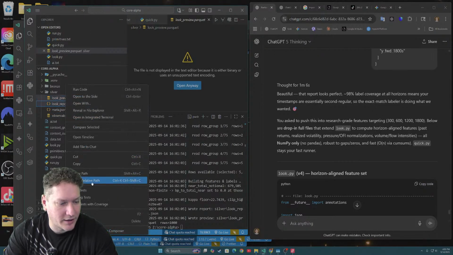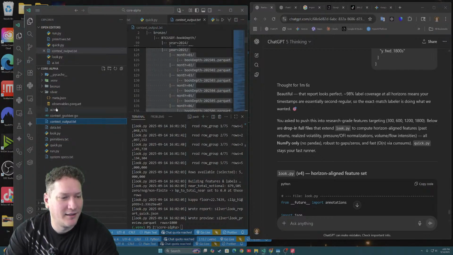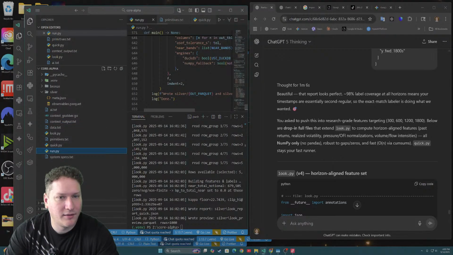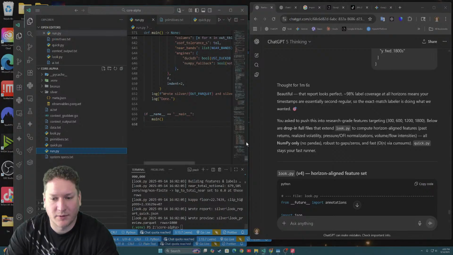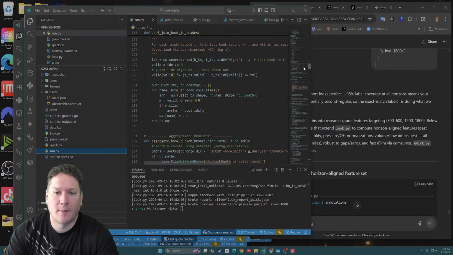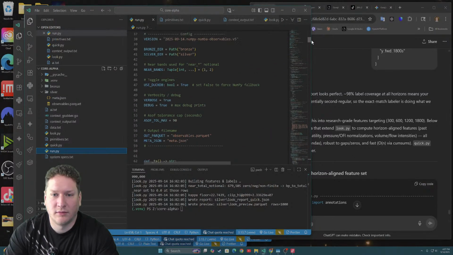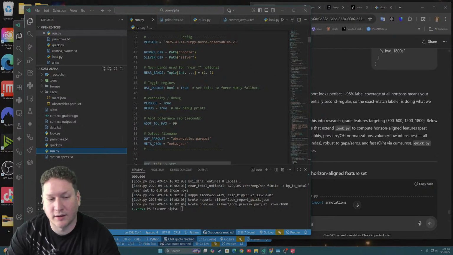No, I'm pretty sure, yeah. I don't remember what we called it. Shoot. What? I'm not sure we... Observables is what we called our data set. What do we call this thing? Oh, okay. I guess we call it observables.